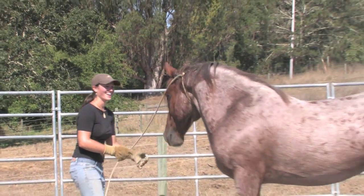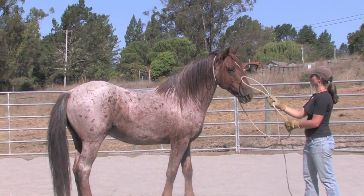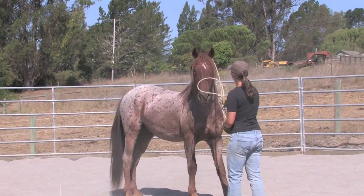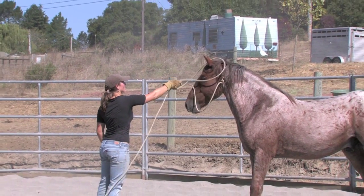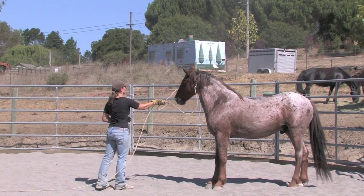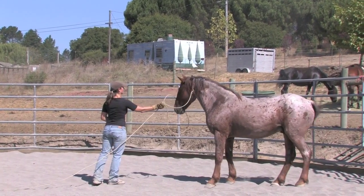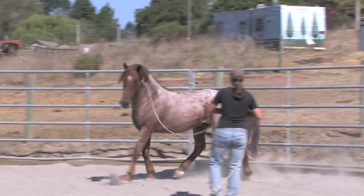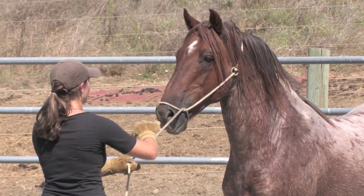After offering to pet him with just her hand, Lena decided to use the rope as a bridge. We knew he accepted the rope, so she made a loop and stroked his face with it. This also had the added benefit of giving her the opportunity to make a halter. The halter gave her that little bit of extra control over Aries' nose, allowing her to finally stroke his face